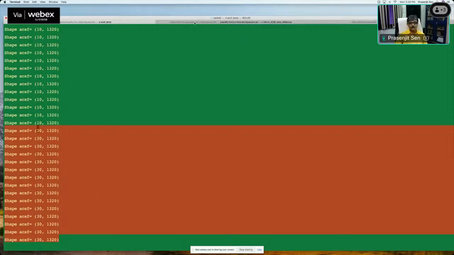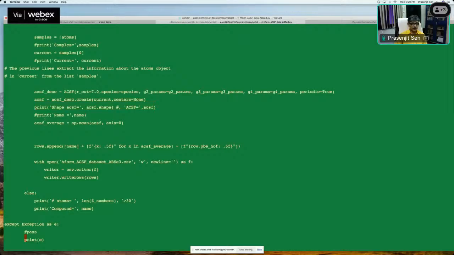What I did in this case is that I just calculated the average value of the ACSF. So np.mean with axis equal to 0 means it's averaging over the first index. If it has calculated ACSF for 10 different atoms in the unit cell, it is averaging over the ACSF of these 10 atoms. So finally, I have something which is of size 1320,